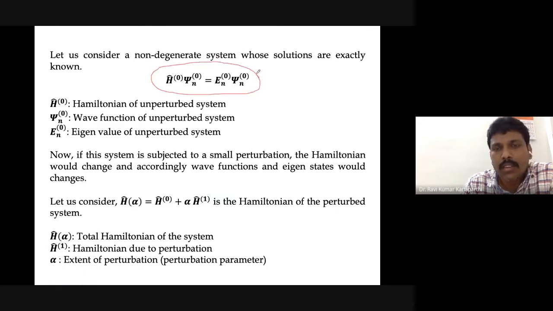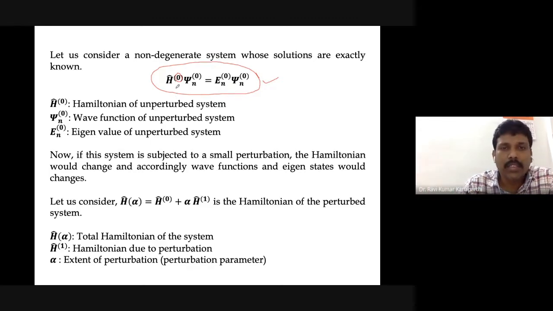Okay, and the time-independent Schrodinger wave equation of that particular system can be written like this. So H psi is equal to E psi. Please note here that I have written it in a slightly different manner. So there is a superscript 0 within the bracket. So 0 indicates that the system is unperturbed. So we have two situations, perturbed system and unperturbed system. So the 0 indicates that the system has not undergone any perturbation.